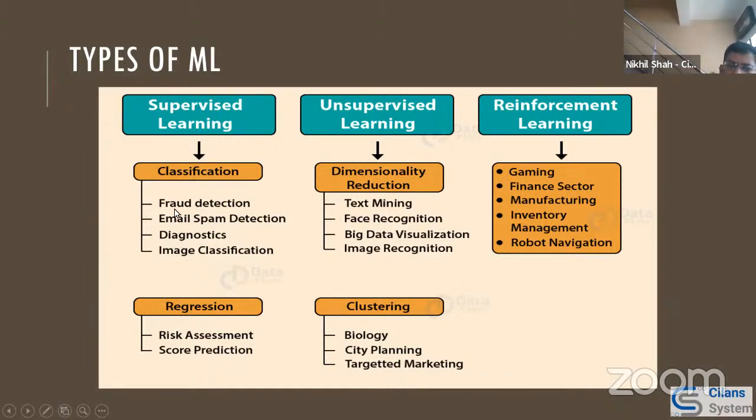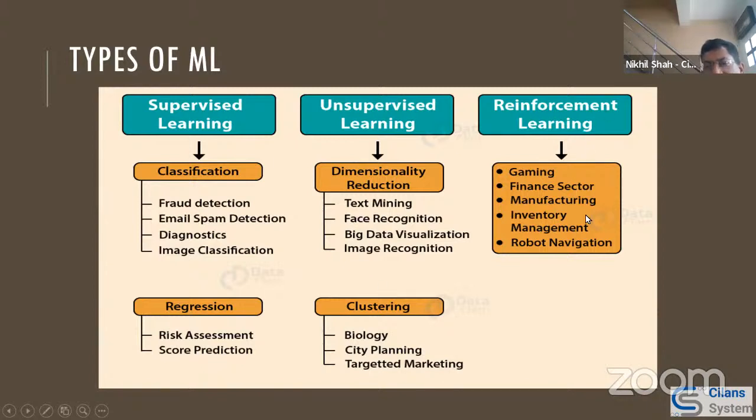Fraud detection, email spam, image classification, whether a particular plant has a disease or not, these are all supervised learning problems. Versus facial recognition, city planning, biology data, where I want to cluster particular data in a particular way, this is called unsupervised learning.